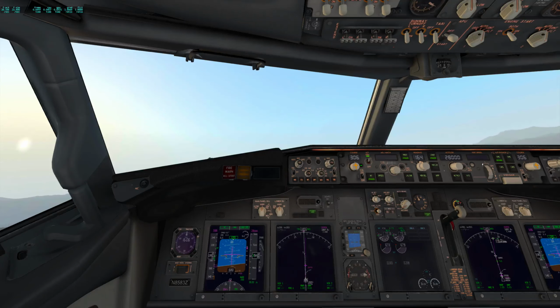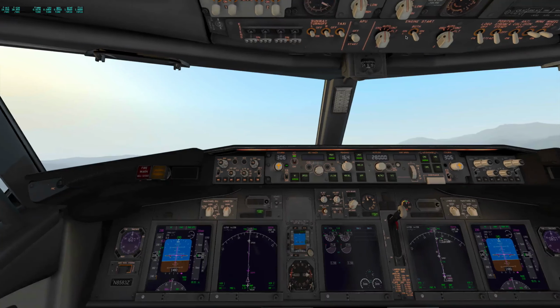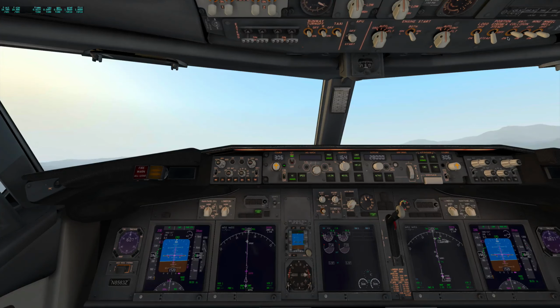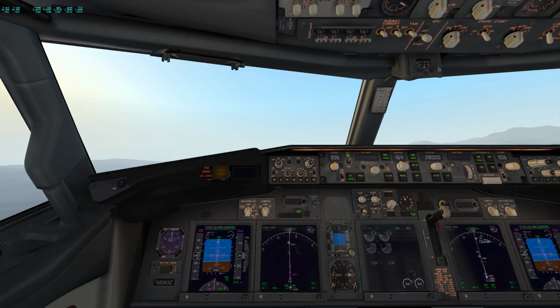Whoops. Let's not do that, folks. I think I know what that is. I have to make an adjustment in my iPad settings. Switch over these switches, turn off the taxi lights, runway turn off, and now that we're off the ground, we can turn off the anti-collision light. Yeah, in setting this up last night, this is a complete new installation of this aircraft, and